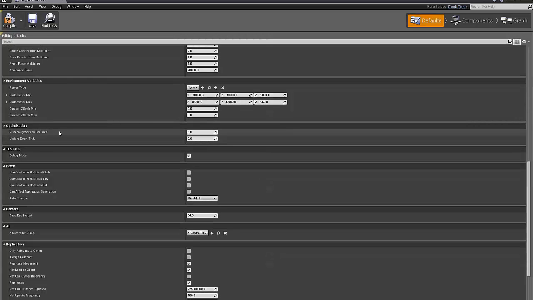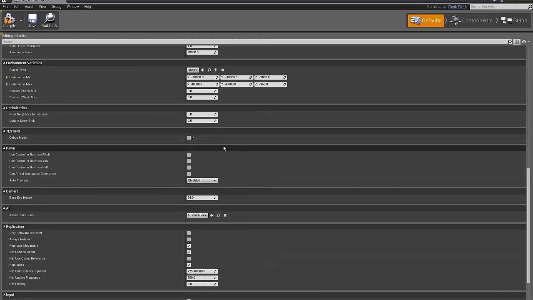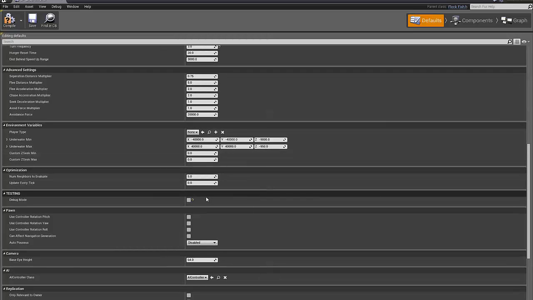And down here we have some optimization variables you can set. Right now, most all the fish only consider up to 5 neighbors, even if there's more around them. And currently they update every tick, but you can set how many ticks you want them to update. And for this fish, you're going to want to have the debug mode set off, especially since we were not able to include it with this build. So we'll compile it, save,